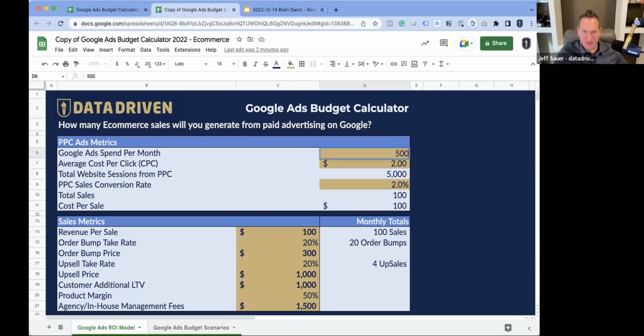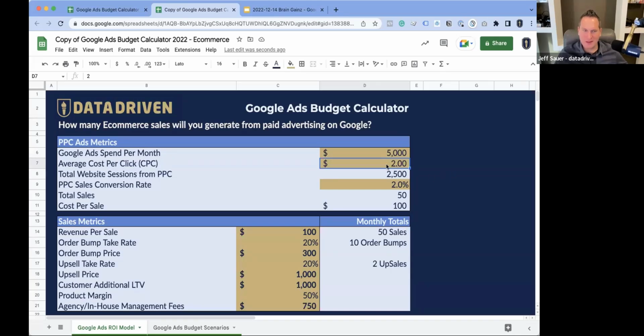So say you're like me and you say, okay, let's see what happens if we throw $5,000 at this. Then you can go into the Google Keyword Planner tool and see what they'd say a cost per click would be. It really depends on your industry and a lot of things. If you're doing attorneys, it's like $100 a click. If you're doing something that's not very well monetized, it's less than that.